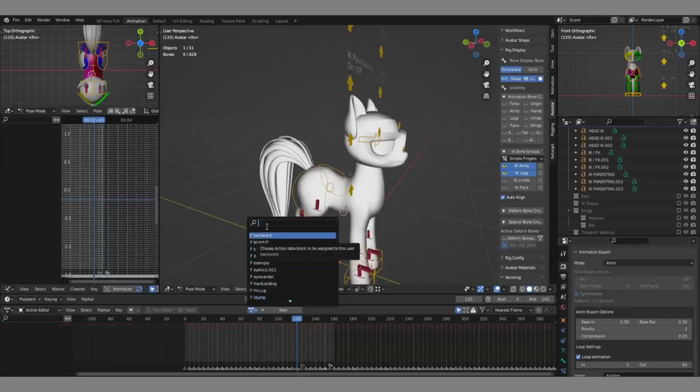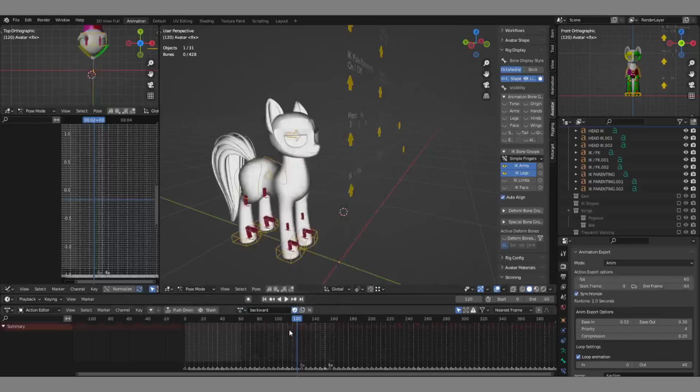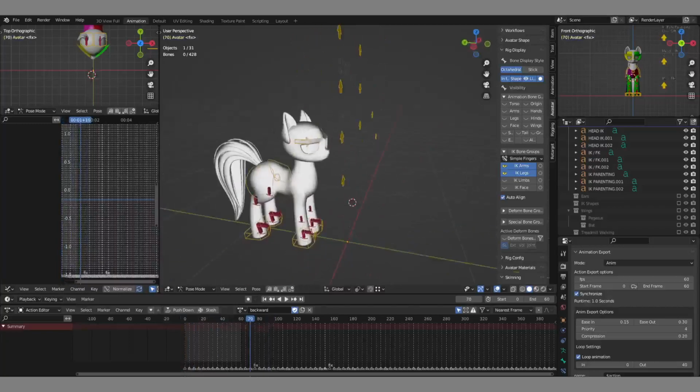The trick about poses is that switching a pose is like displacing your timeline indicator. That means that when you switch,